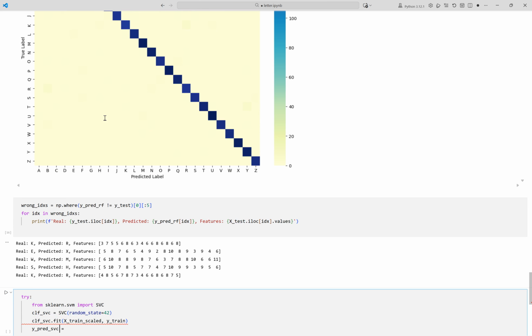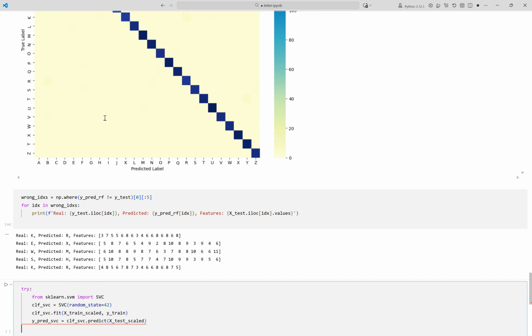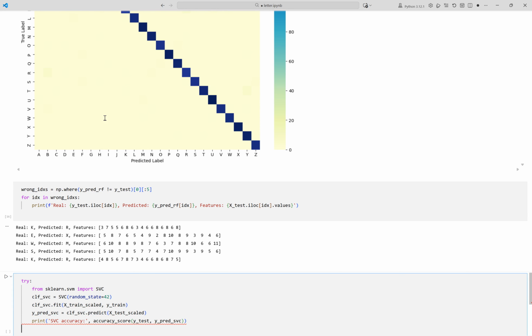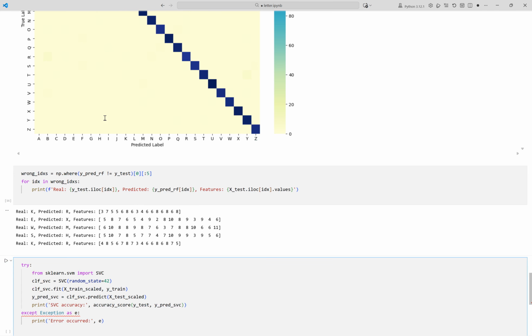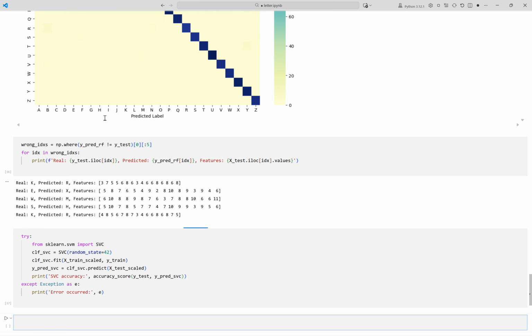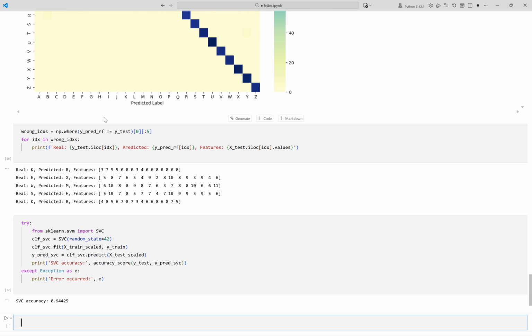Predict test classes using the SVC model. Print the accuracy for SVC predictions. If there was an error anywhere above, catch and print it. Show the error message to help debug. Running the cell now. The output shows that the support vector classifier, SVC, achieved an accuracy of about 94.4% on